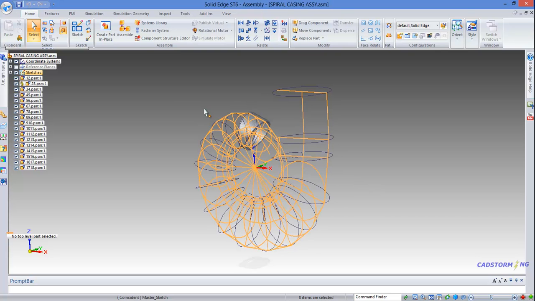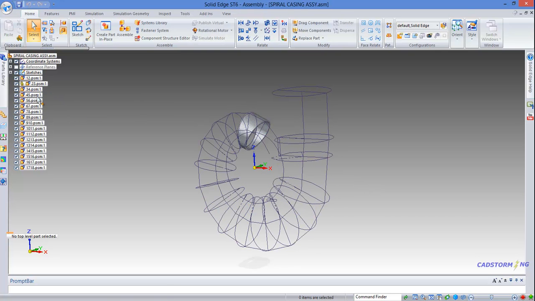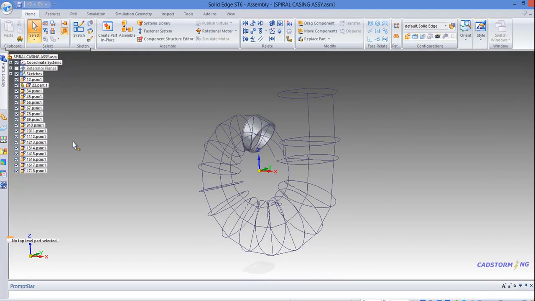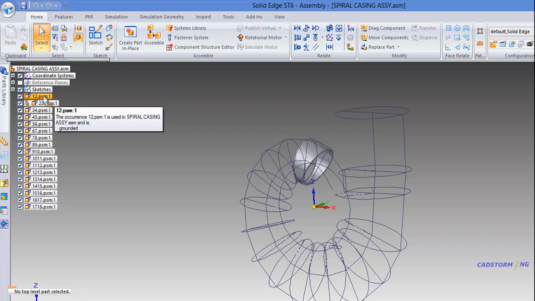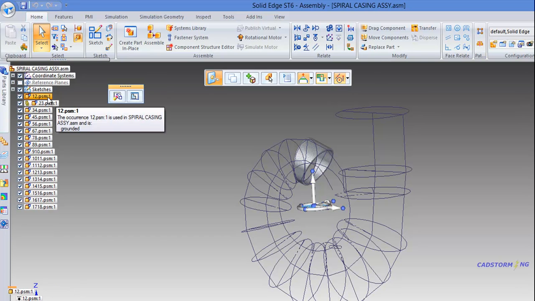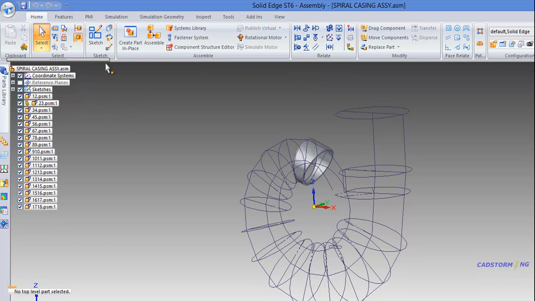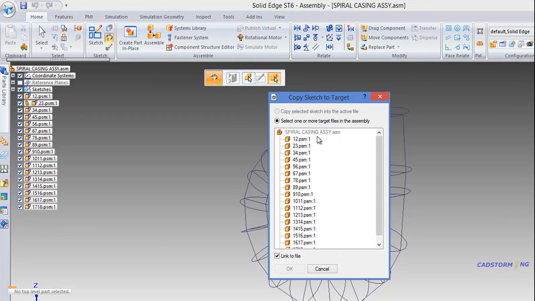Okay, now all the empty components are created. We will copy the sketches inside those components, and this is the second step of the improvement we are making to our workflow. So we're going to start with this one, the first component, and we will only copy sketch 2 inside this component. So we select copy sketch, and we will copy the sketch 2 inside part 1 2,